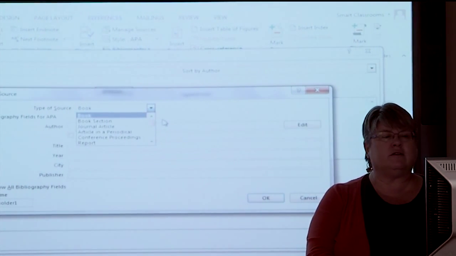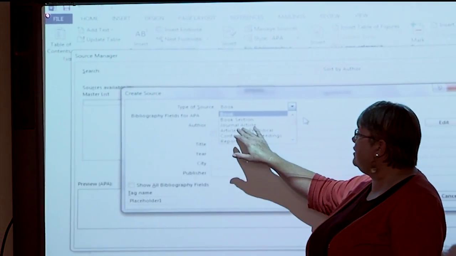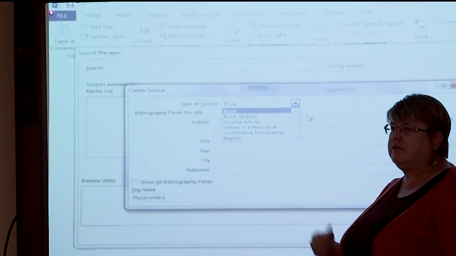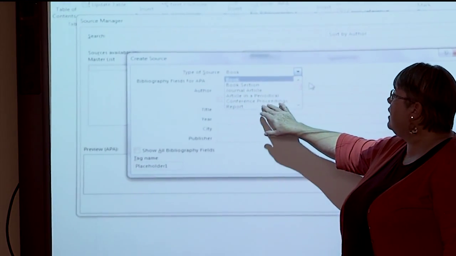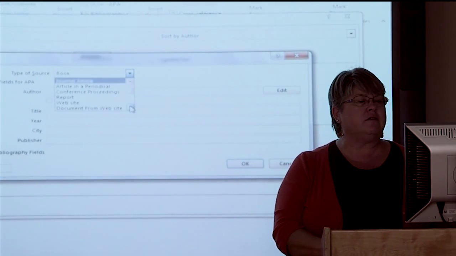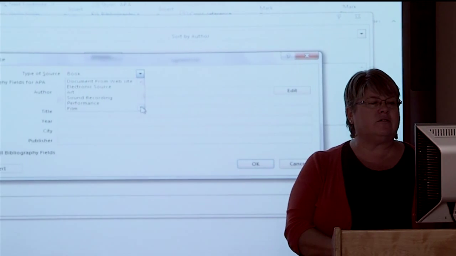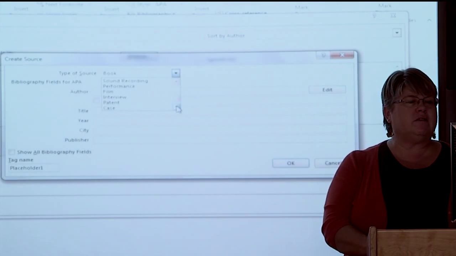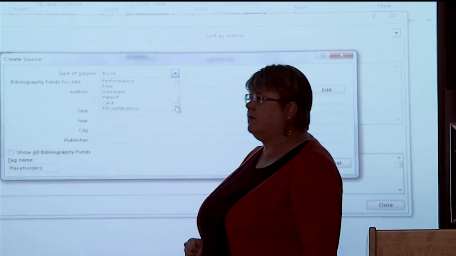It gives me lots of choices. Obviously the ones I use the most are book section and journal article. But it has article in a magazine, conference proceedings, reports, web pages, website, document from a website, electronic source, art, performance, interviews, cases, miscellaneous. Lots of different choices there.